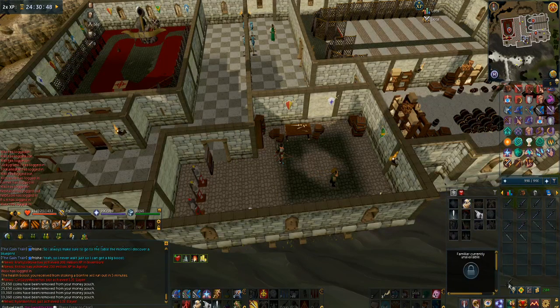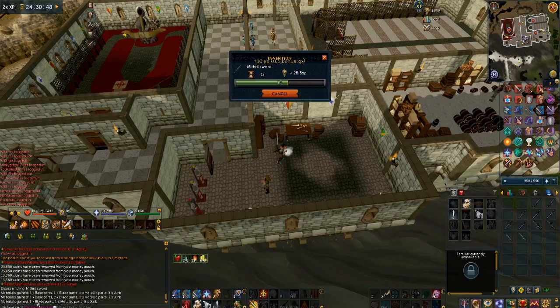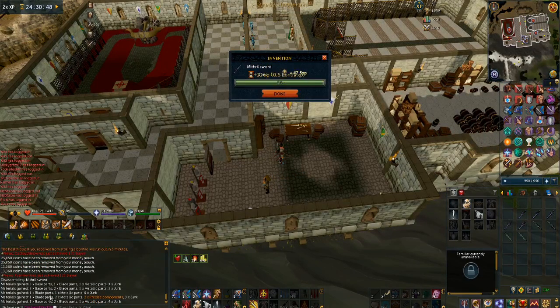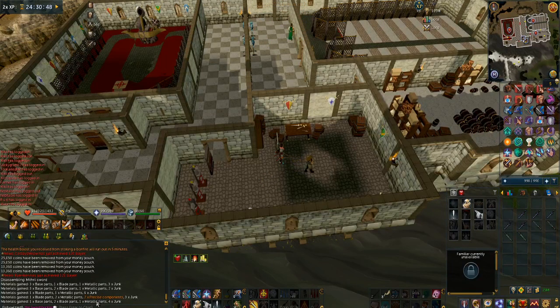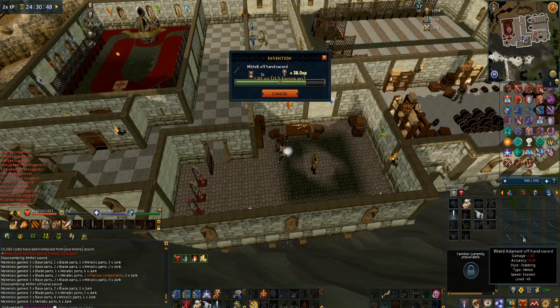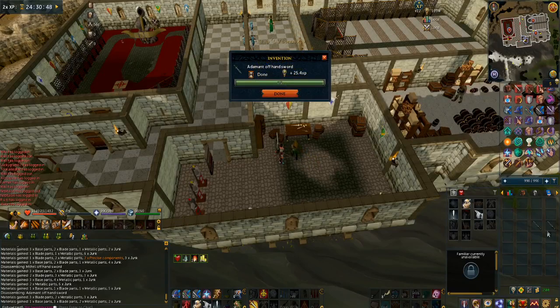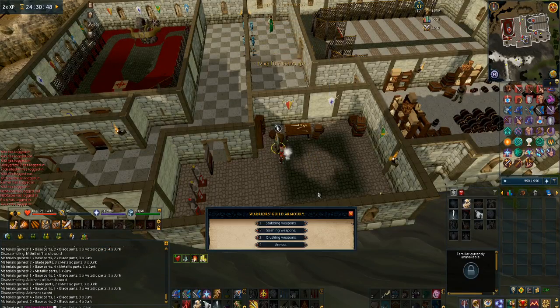But yeah, you see I can disassemble this by dragging the item into my pouch. And if you look in my chat box, I'm getting base parts and bladed parts. Also getting precise components, which is nice. Do the offhands, get a bunch of base and bladed parts again. Drag these swords, same thing, same thing. Yeah, you basically can go through